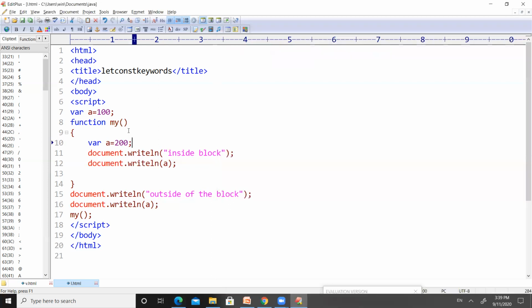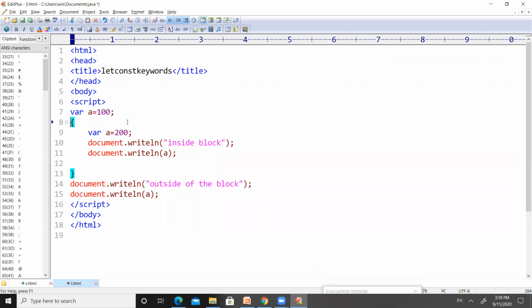So if we are using a function, it is a different criteria. But now I am not speaking about function, I am only speaking about block. If there is a block, and if inside the block we define a variable with var keyword, then this value will get updated throughout the program.